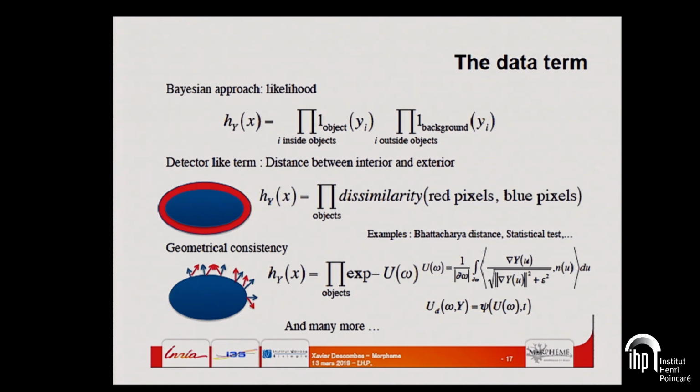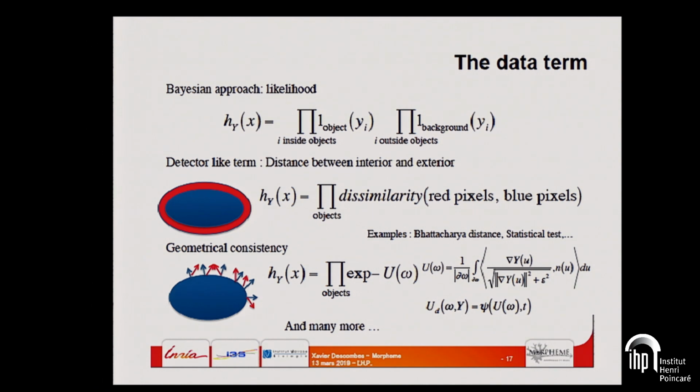And here I can say, okay, I want to find white ellipses or light ellipses in my image, so then compute, for instance, a distance between the statistics of pixels inside the object and around the border. So again, if I have some different objects which are not elliptically shaped, then I will not detect them.